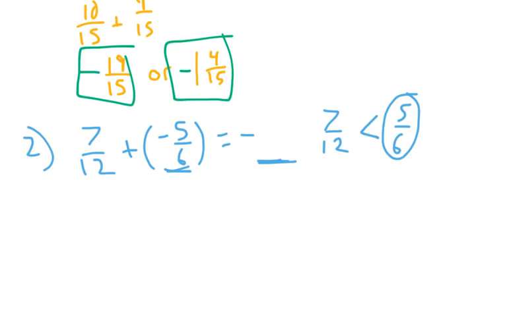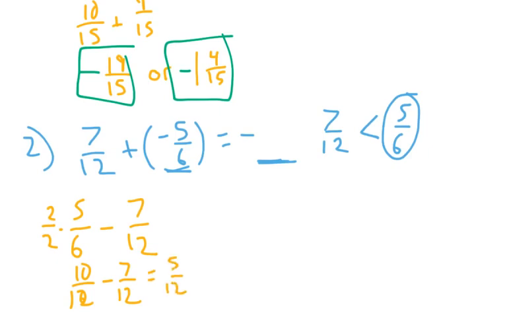And now I go back to some rules with integers. I have a positive one and a negative one. And so what I do is I find the difference between the two of them. And so really what I need to do is 5/6 minus 7/12. And again, I'm doing that because 5/6 is the larger one. So get a common denominator, and all I have to do is multiply my 5/6 by 2/2. And I'm looking at 10/12 minus 7/12, which will give me